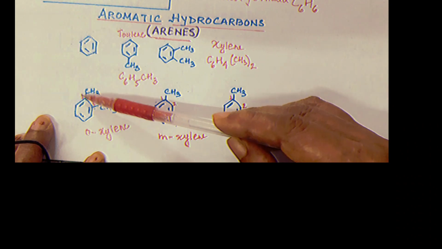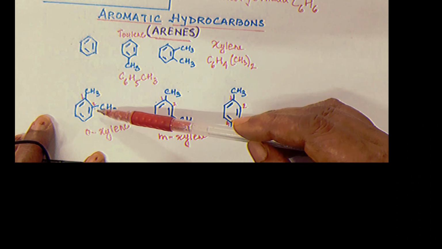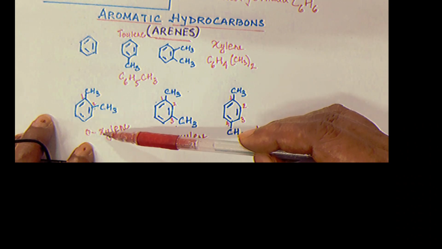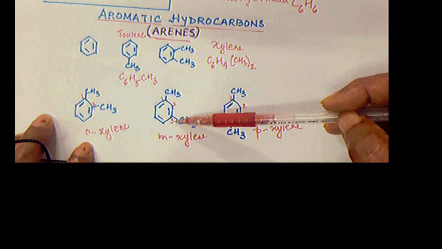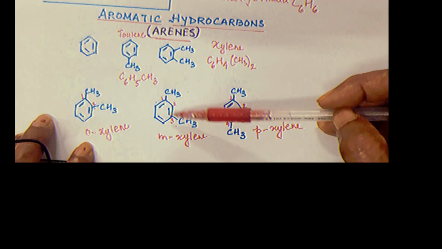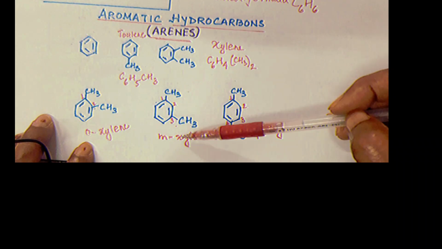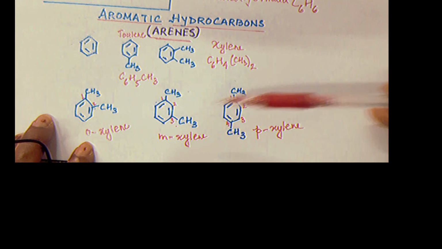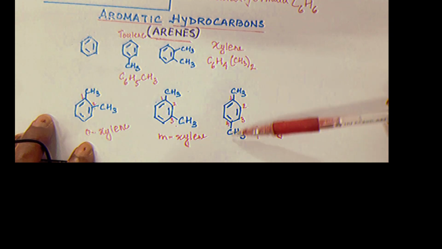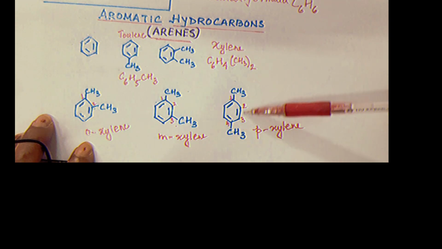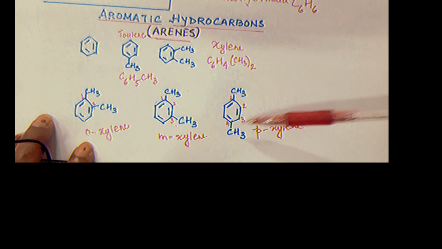That means the two adjacent carbons, if they are so, then it is called ortho. Okay. Then 1 and 3 position, either on this side or on the other side, it is called meta. And if it is 1 and 4 position, that is 180 degree difference of the two, then it is called